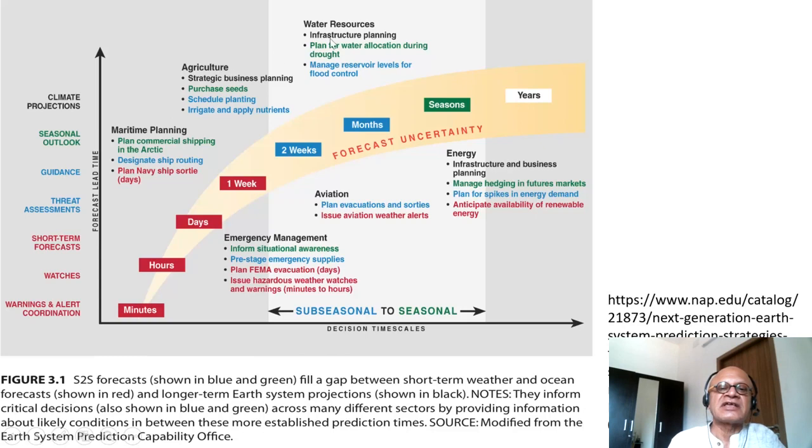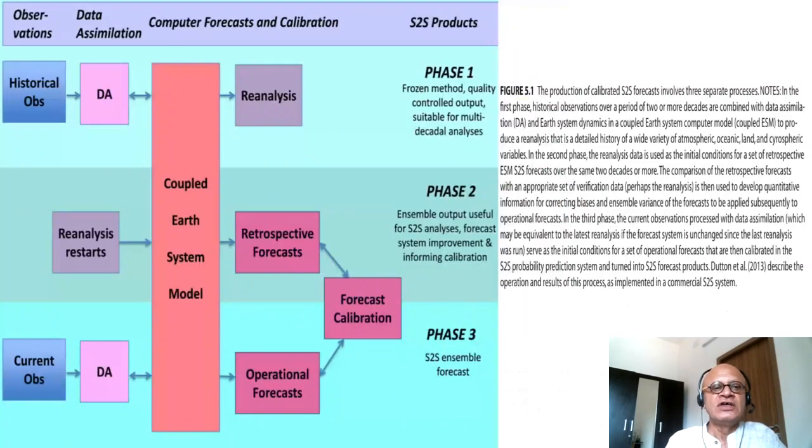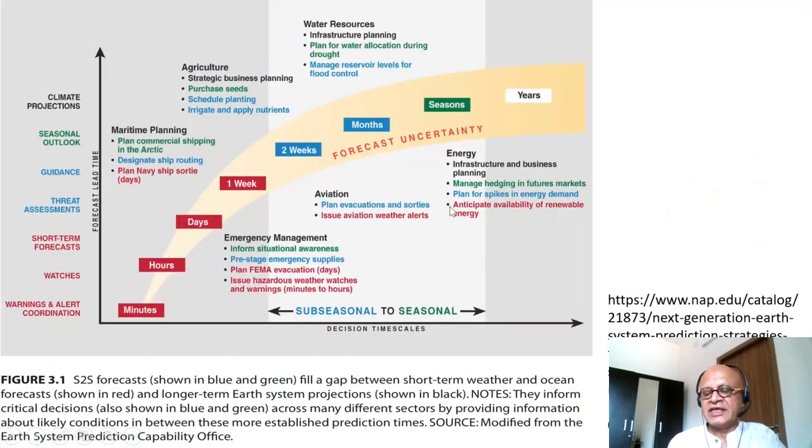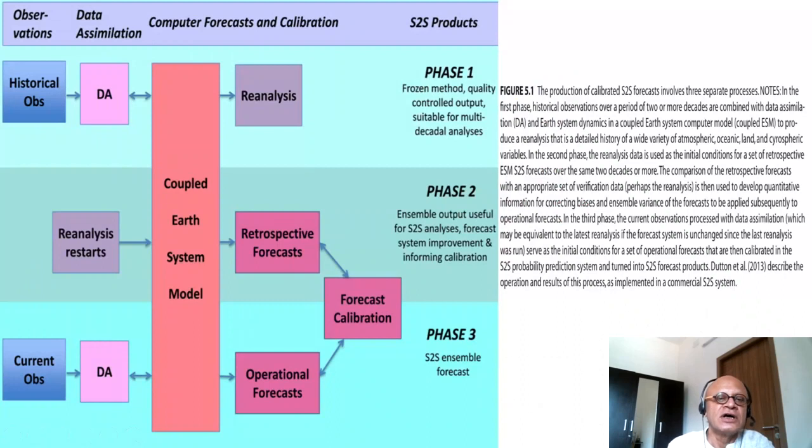And there are various sectors that we talked about that require information at certain time scales with certain uncertainty, because it depends on the sector. Reinsurance industry may work with a very different probability of information than agriculture or transportation or airlines, and so on and so forth. This is a broader diagram from the same book from the National Academy of Sciences, talking about